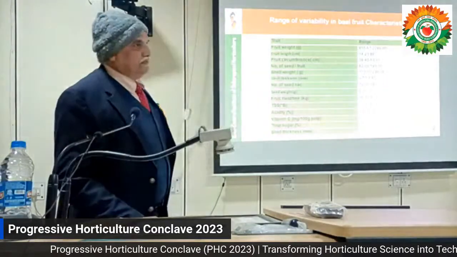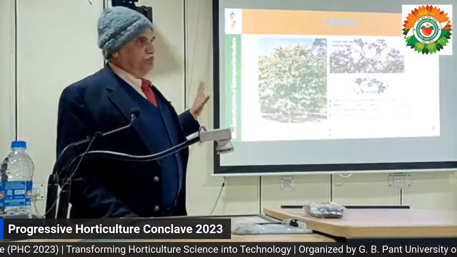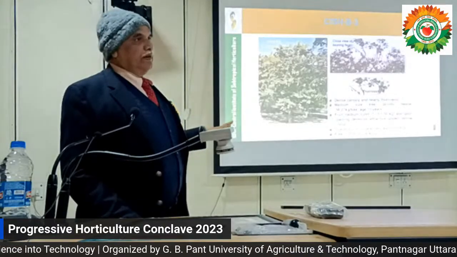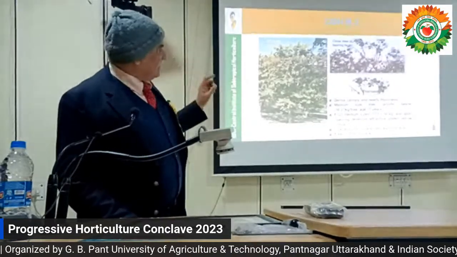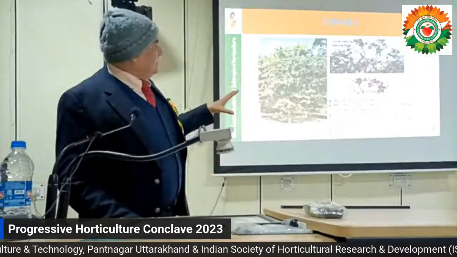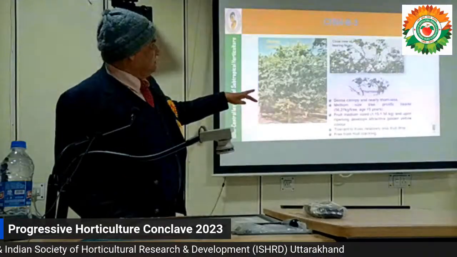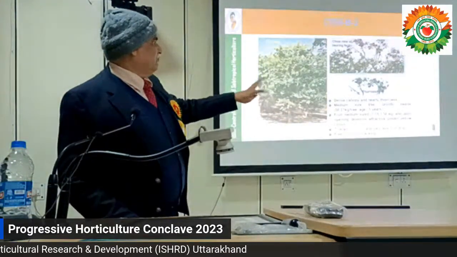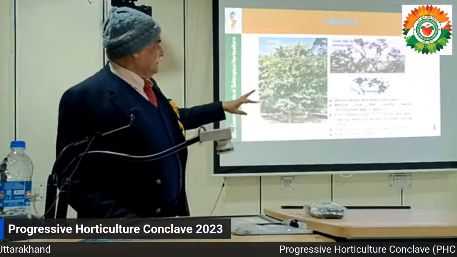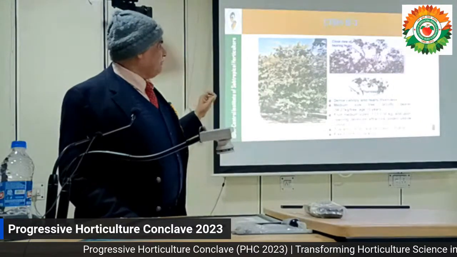These are the parameters and ranges we found after evaluation. After thorough evaluation, one promising genotype, CISH Bael 3, was released at the institute level, and it is in the coordinated trials also. The chief characters of this variety are a dense canopy, nearly thornless, and medium fruit size, with a prolific yield of 56.27 kg at the age of 15 years. Fruit is medium, 1.15 to 1.5 kg, and ripe fruit is an attractive golden yellow color. Moreover, it is tolerant to frost, has relatively less fruit drop, and is free from fruit cracking.